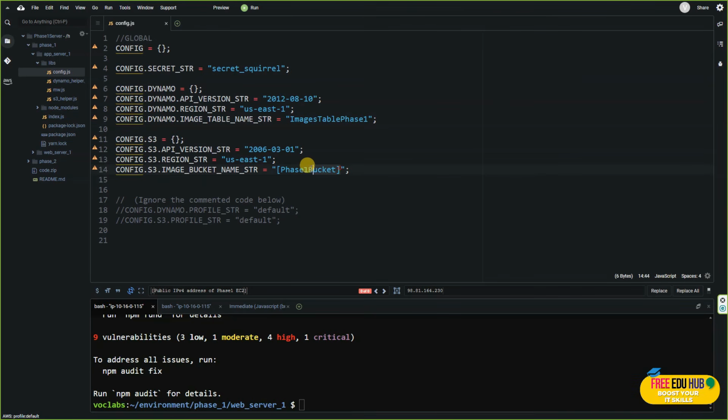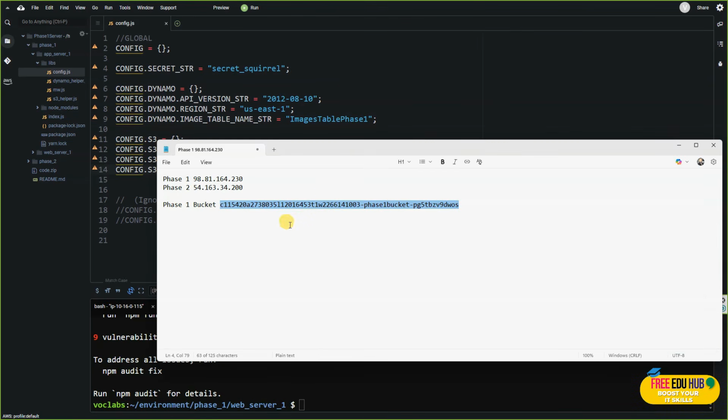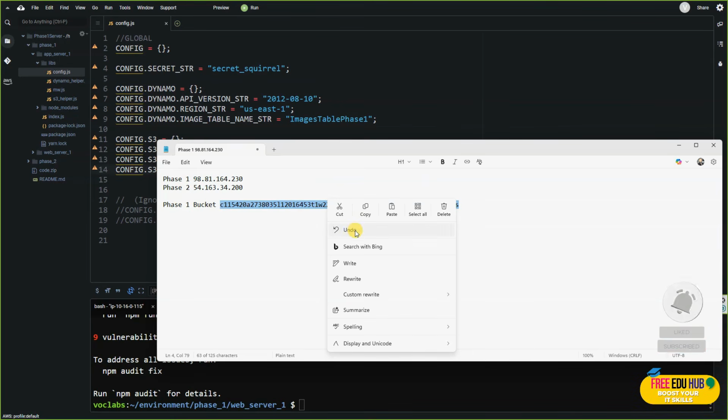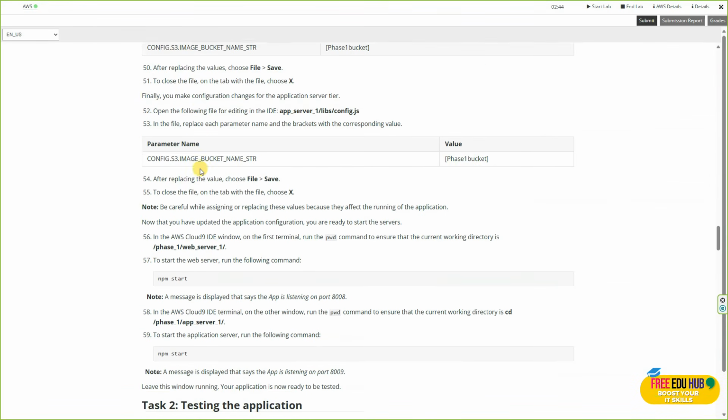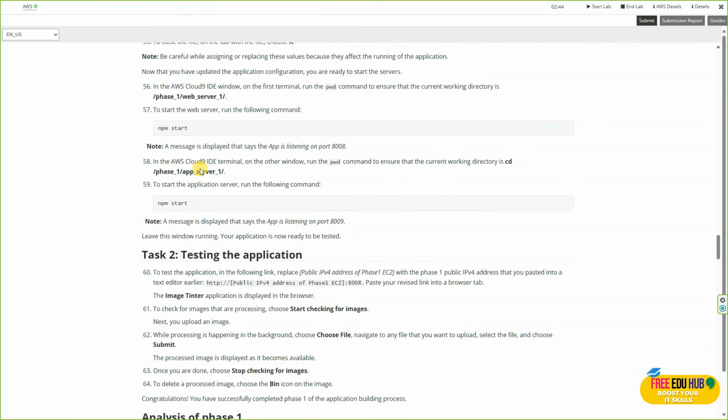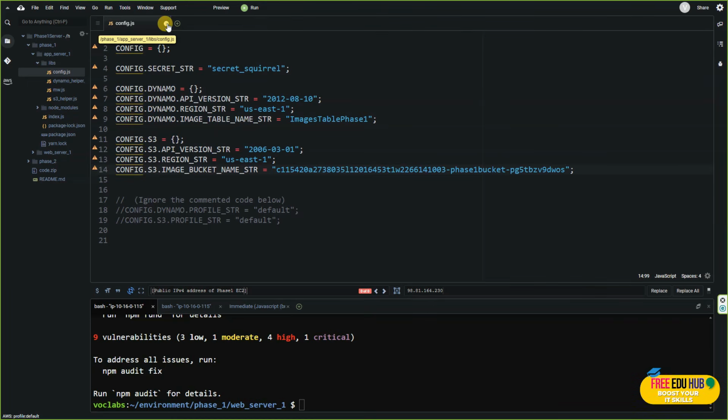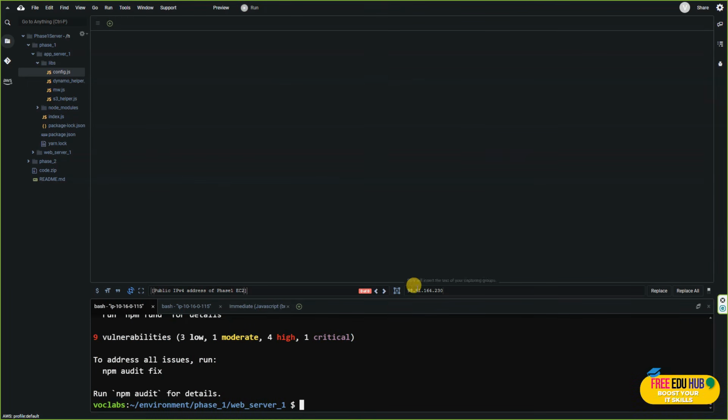So we'll copy the same address that we copied earlier, and we are going to replace this one with this. Click save. So we finished this step also. Now they're saying you can close it, and then they are saying that we can now open phase 1 web server 1. So now we can close this one, and then you'll go to the terminal window of your phase 1 server,